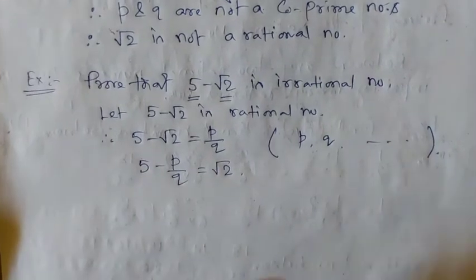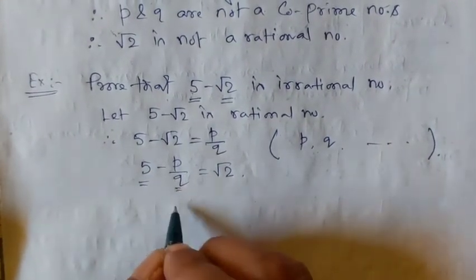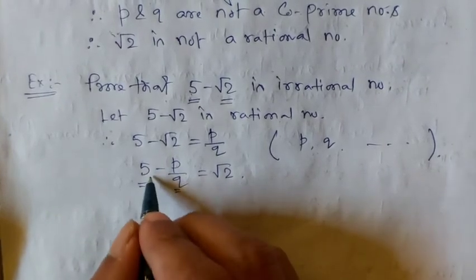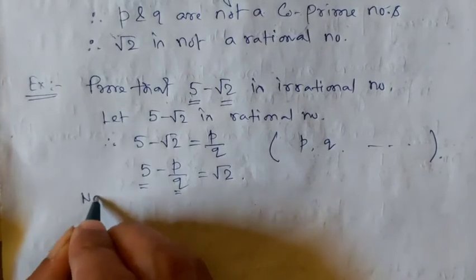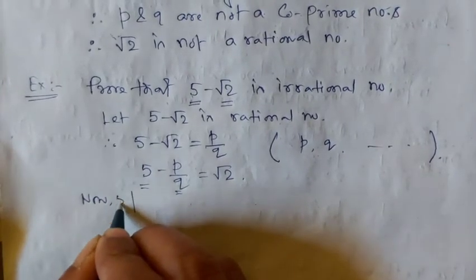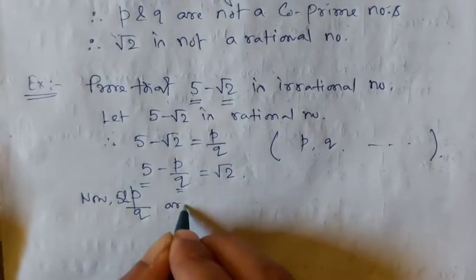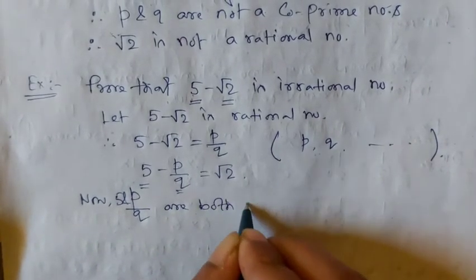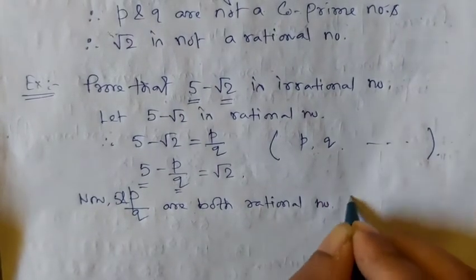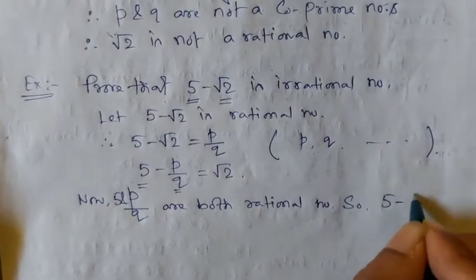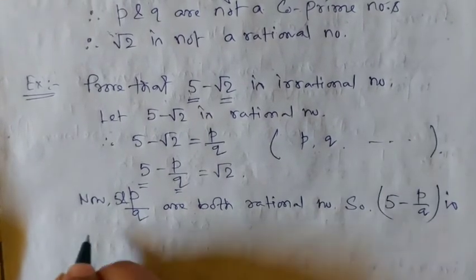Now 5 is a rational number, and p by q is also a rational number, so the difference of two rational numbers is also a rational number. Now 5 and p by q are both rational numbers, so 5 minus p by q is also a rational number,